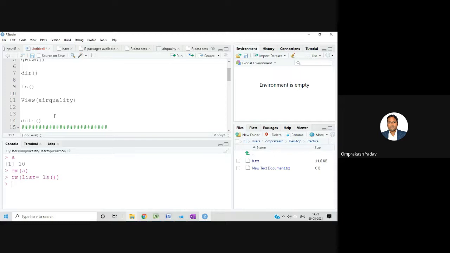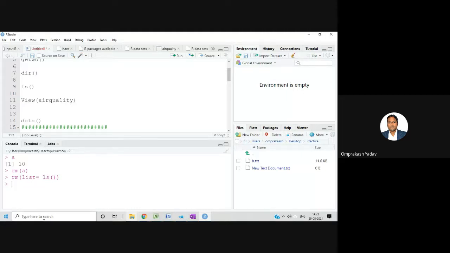It might happen that a certain data set is not available for you. In that case, you will have to download that data set and then work with it. From where can you get the data set? There are lots of websites from which you can find data sets. One very famous website is Kaggle.